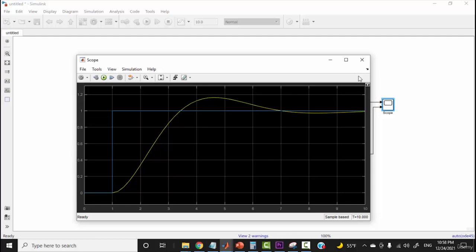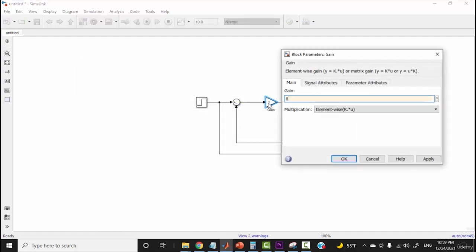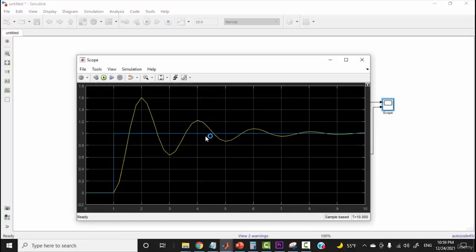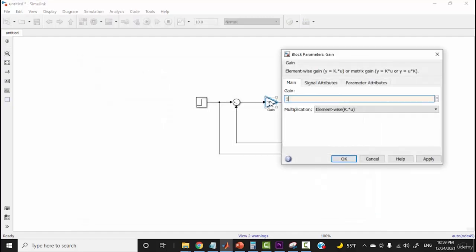Okay, now let's try something else. Let's try increasing the value of the gain in the integral controller. Oh, we have a problem here. We have a serious problem here. When you increase the gain of the integral controller, then the overshoot increases. Look at this value here. It is 1.6. So close this, write this one again,